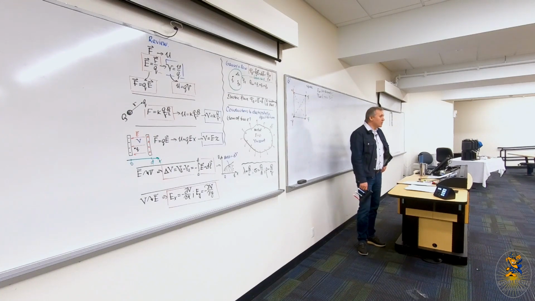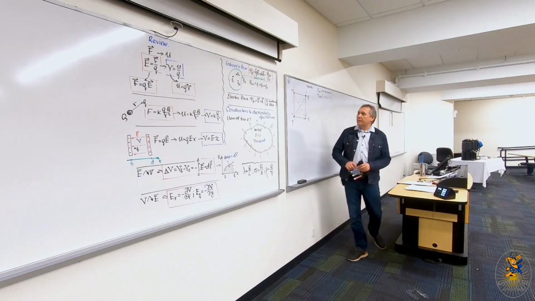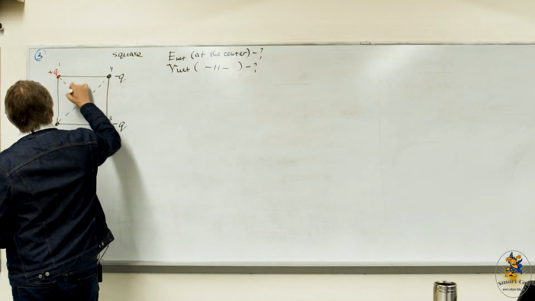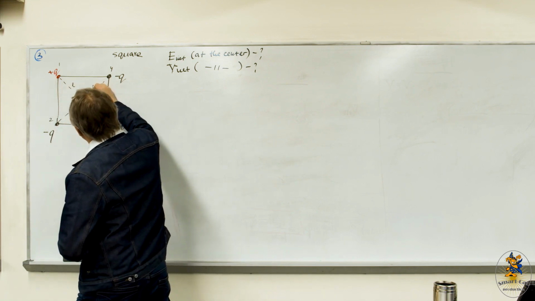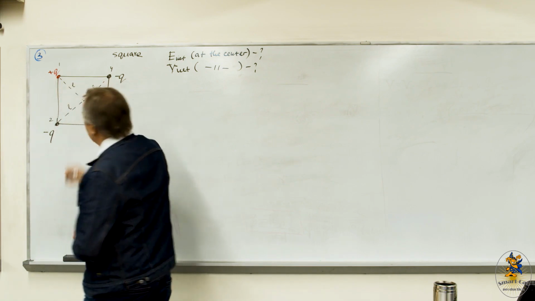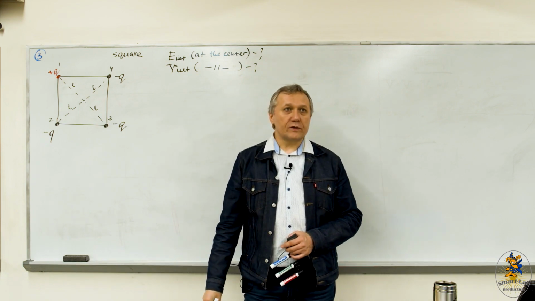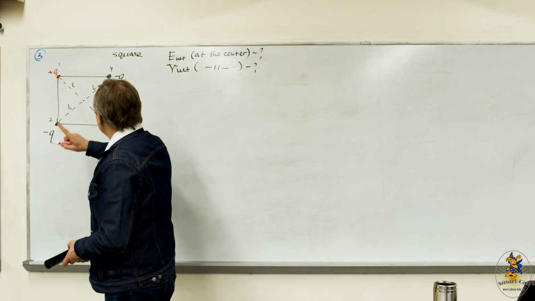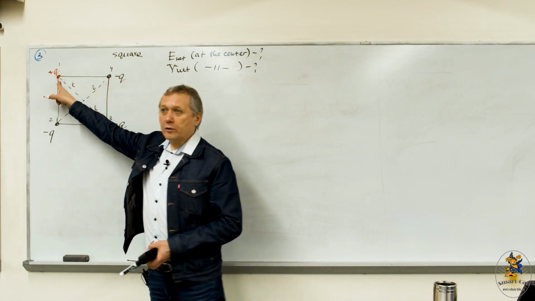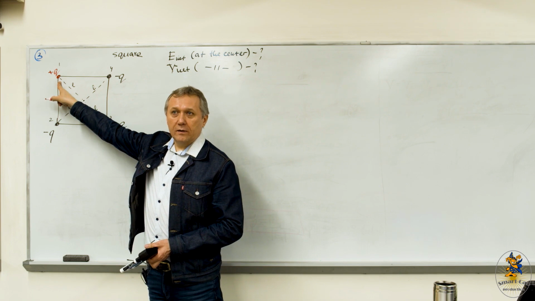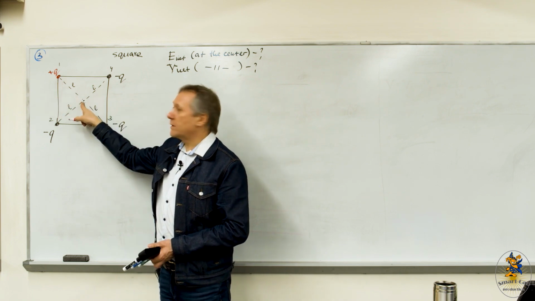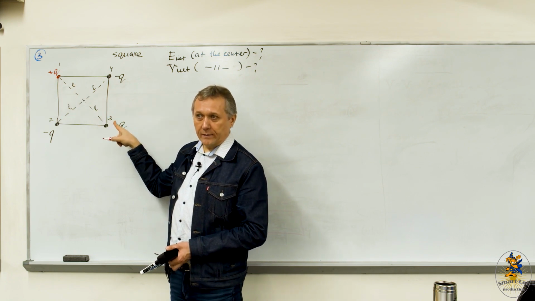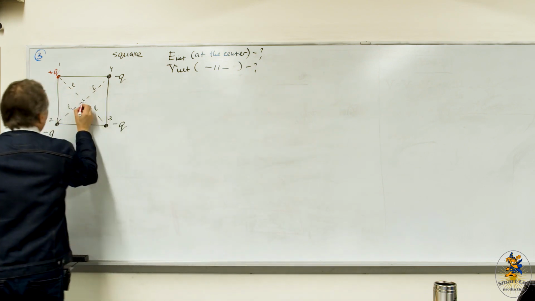Okay, so let's just start drawing vectors. Again, remembering that this is a square, and essentially this distance, let's say L, between the charge and the center, let's say this distance also L, this L, and that L. So, lots of symmetry. So let's start drawing vectors. The charge 1, direction of the electric field produced by this charge 1 at this point. Of course, it will be away from the charge, right? So basically along this diagonal line, right? So this will be